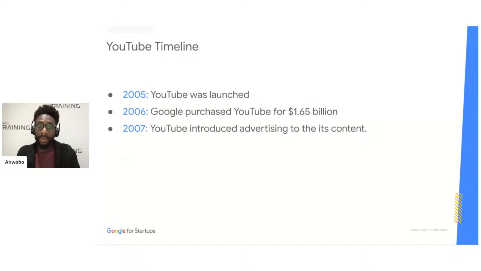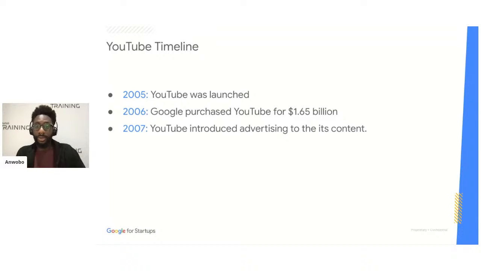What this also meant for the platform is that because content creators were getting paid, they could actually start dedicating more time to the platform. They could start investing in more expensive equipment, higher quality editing software, and creating the lovely high quality videos that we see on the platform today. If they were not getting any form of payment for this, it's quite unlikely that the quality we see on the platform would have been met if people were just doing it for free.